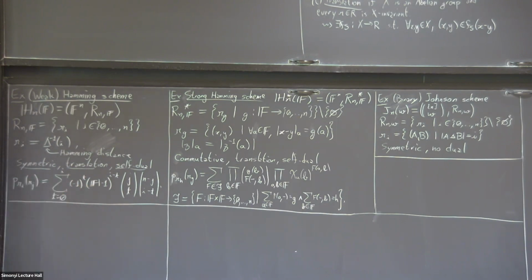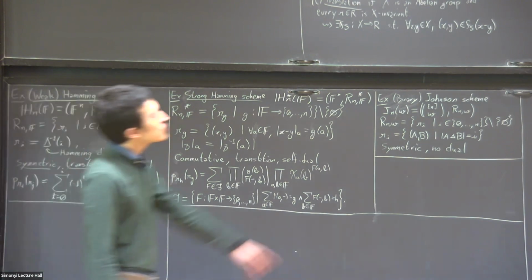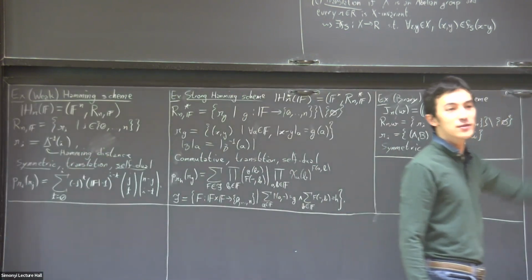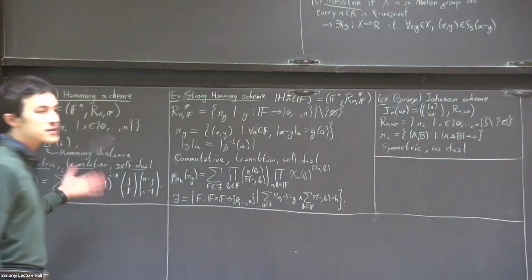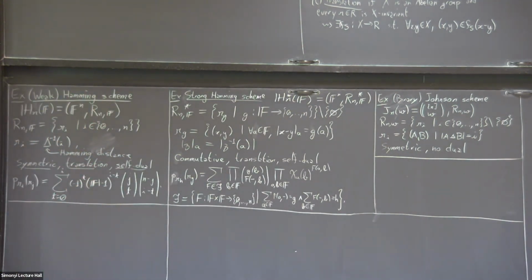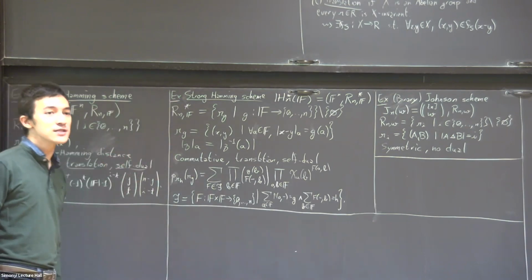It's called the Krawtchouk polynomial. It's this weird alternating sum of products of binomials. It's very easy to calculate if you put your mind to it. If you use this formula, it's not too hard to compute. It's a combinatorial problem. A strong version of that, as the name suggests, is the strong Hamming scheme, in which